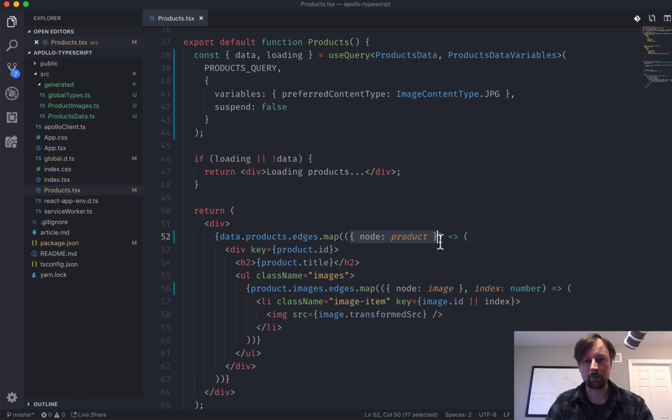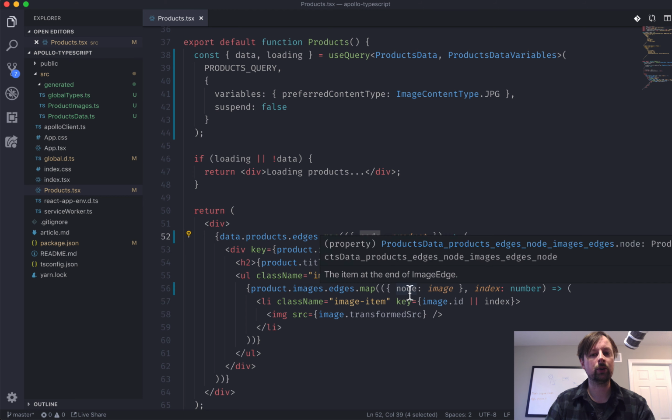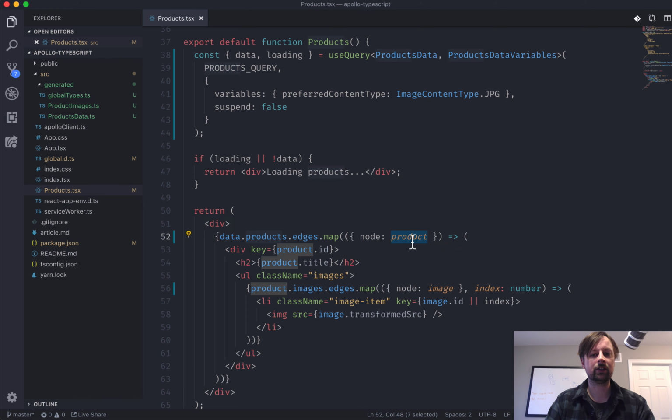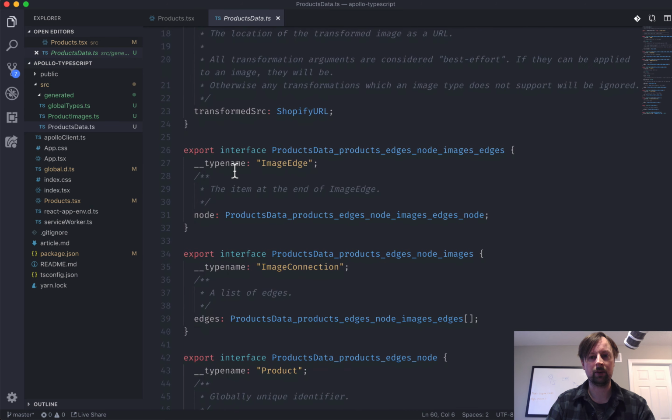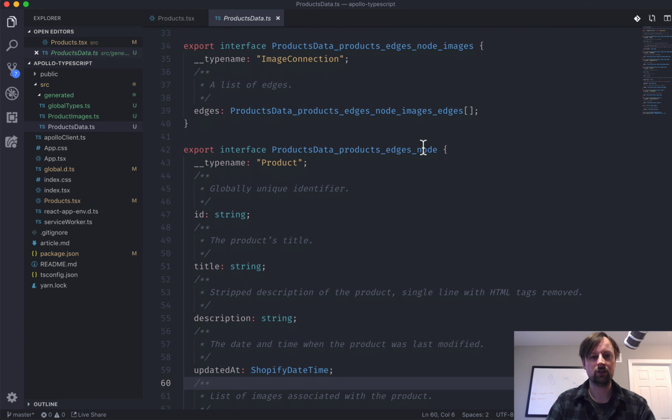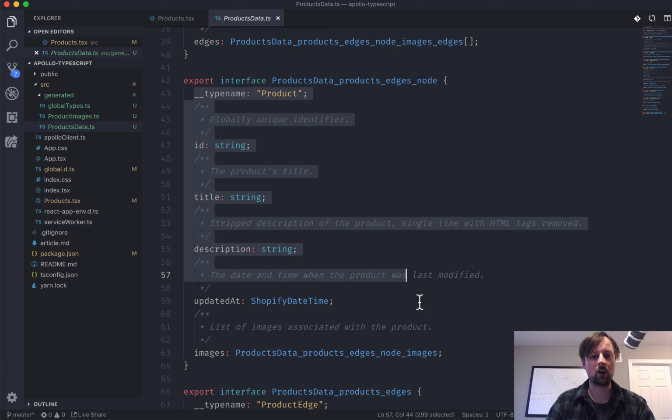And I can hover any point of this map that I've created. Here I did a little trick because it's returning something called node, but images is also returning something called node. I've actually given them an alias to call this a product and this an image so that it's easier to deal with as I'm mapping over and writing code. So if I hover the product, I can see that it is products edges node. I could go into here and see all of the columns I have on it,